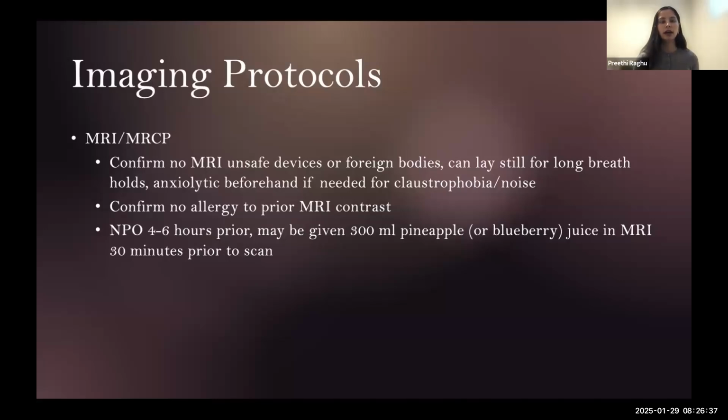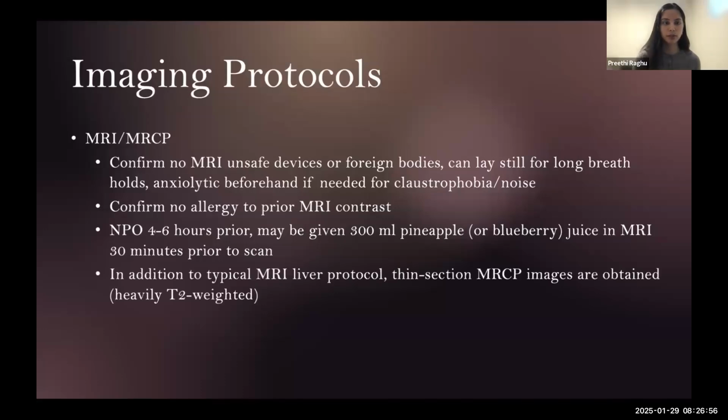And the high amount of manganese in pineapple juice causes a T2 shortening effect. So it essentially acts as a negative contrast agent. It'll null everything in their GI tract and make it T2 dark. So that is part of the protocol, just to get that whole area clear